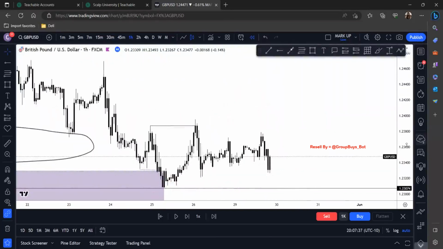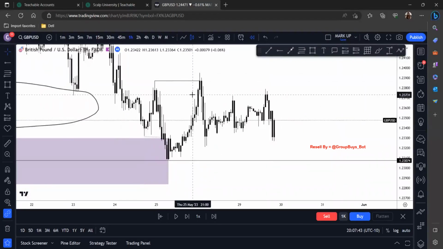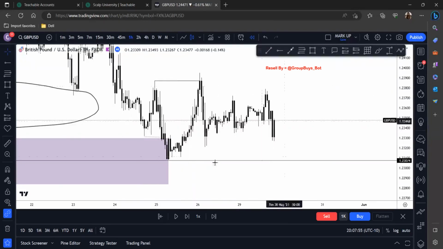Now that we got this reaction here, I was a bit iffy on this position, and because we went back to the 4 hour, I can now be a little more confident in this analysis that we are going to push bullish. It doesn't really matter what the 1 hour is telling me right here, because the 4 hour is stronger than the 1 hour. So you always have to remember that if you're in between two different time frames and you're not sure which one to choose, choose the one that looks the most clear to you. The one that makes the most sense right now is definitely the 4 hour.